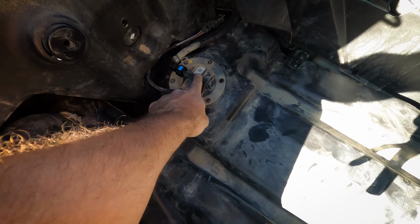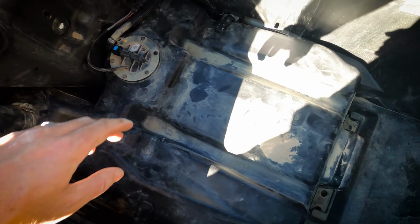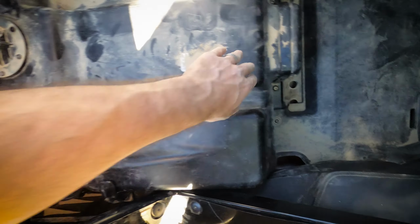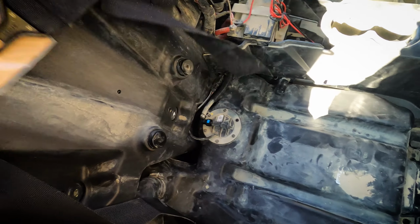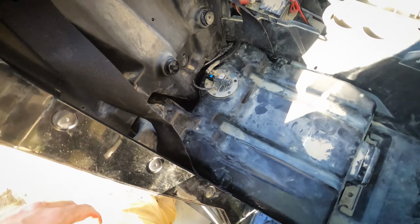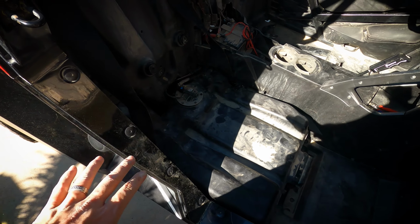All right, tank is in, clipped in, our connector's clipped into the firewall. Our fuel tank supports are bolted down, as is the front, and we have our belt secured on both sides and torqued down as well. So now that we've reached this point, we can go ahead and put the passenger seat back in, bolt the